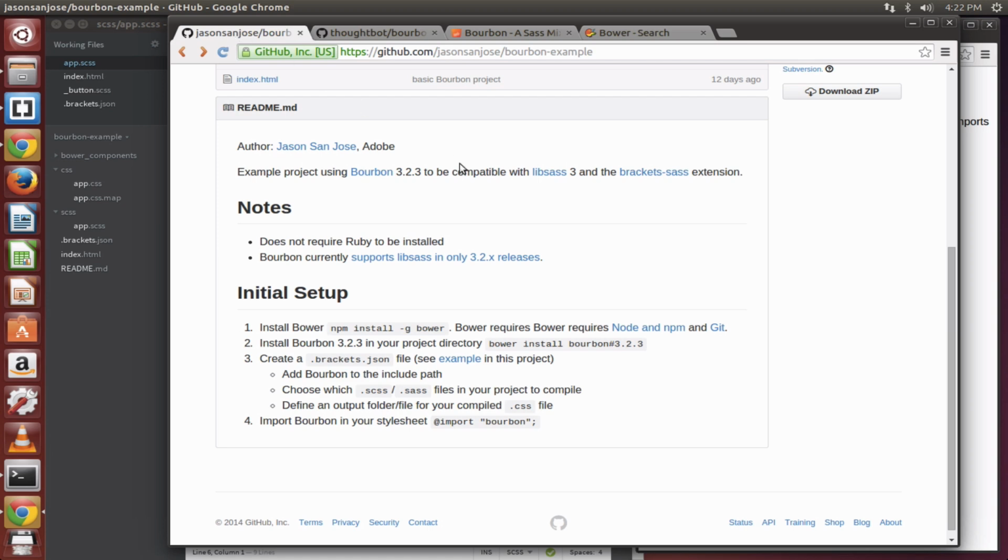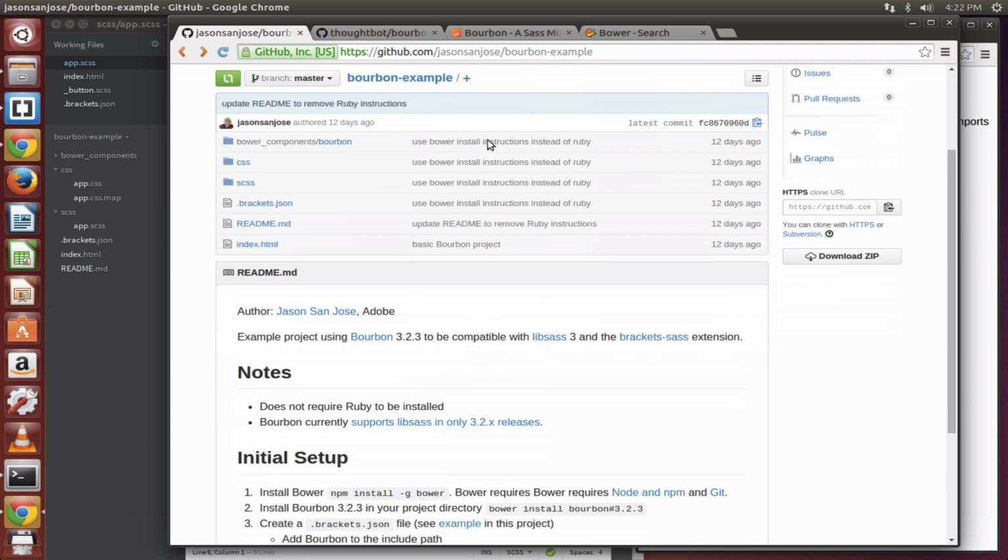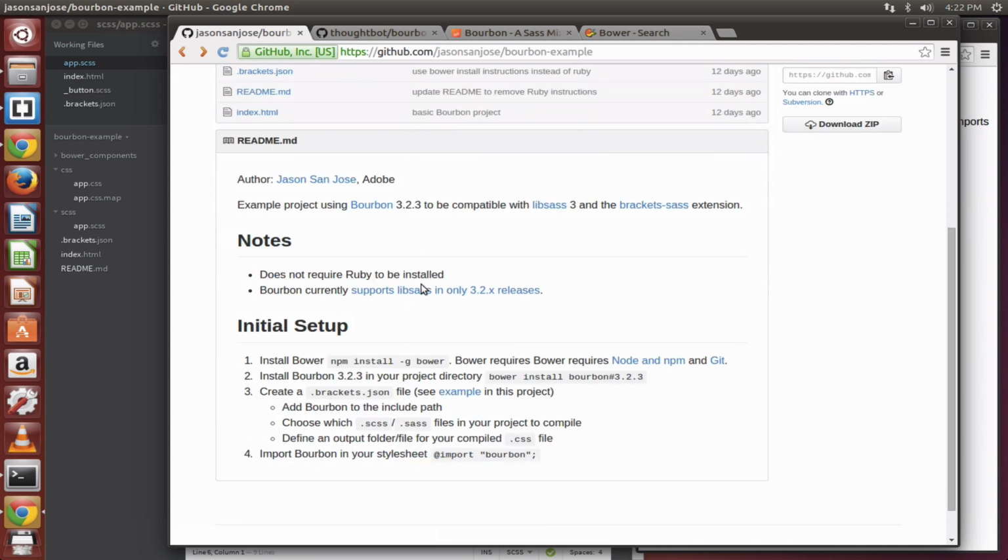I've got my example project here on my GitHub account called Bourbon Example. And then setup is pretty easy if you want to set something up like this yourself. So when you start a new project, you're going to need Node installed and also Bower. And in this case, when I'm using Bourbon, I'm using Bourbon version 3.2.3. And this is because